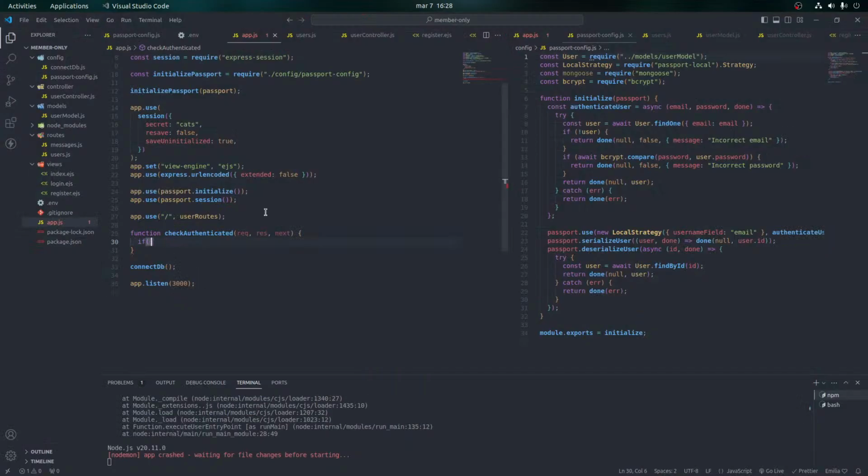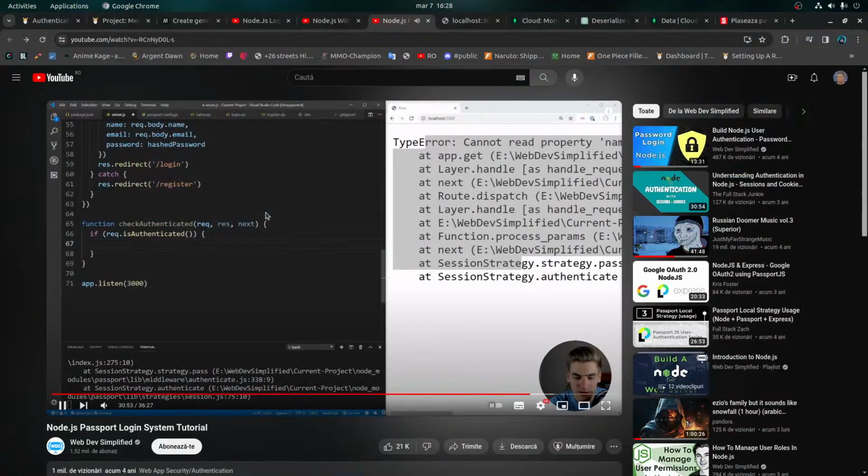And this function is just going to return true if there's a user that's authenticated, or false if there is no user. So if it returns true,